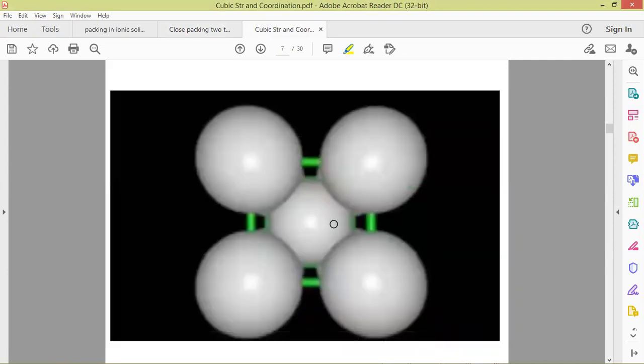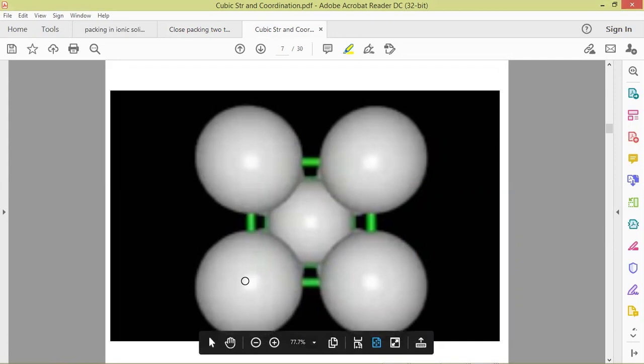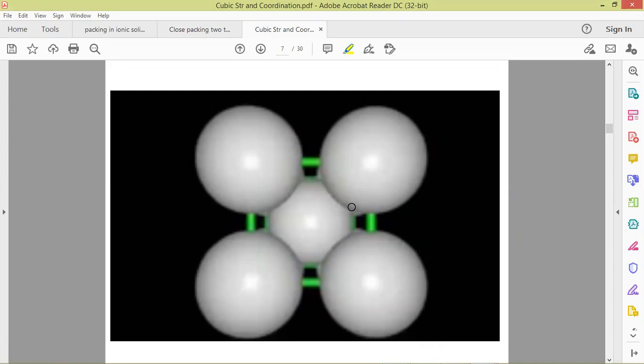So this is the actual view where spheres are shown touching each other. Here you can see that spheres are not touching each other along the edges, but they are touching each other along the body diagonal of the cube. By the body diagonal, we have a cube in three-dimensional system, not a square, I'm talking about a cube.